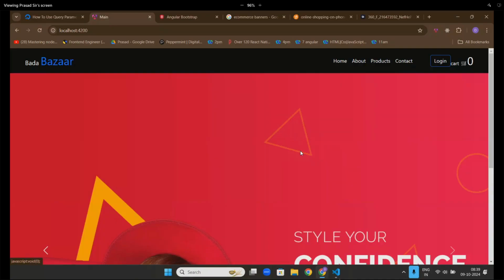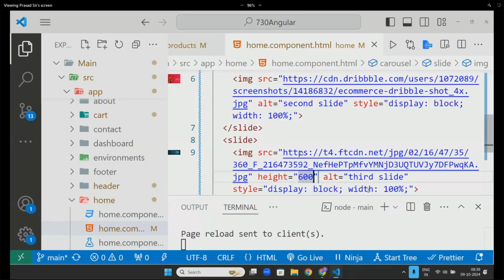No, the height is not applying because in style you gave width 100%. Okay. Anyway, my point is some images which are of similar height will automatically work. The home page will look good.